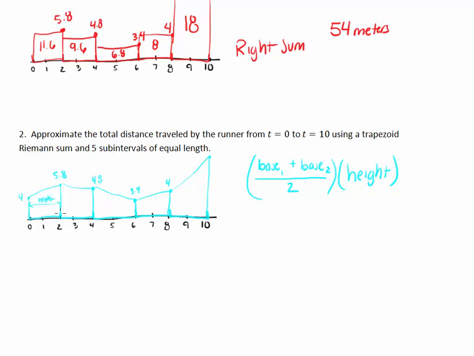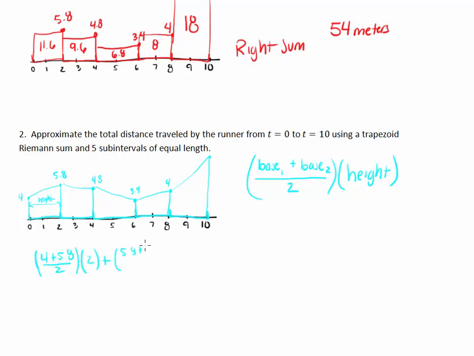So our height on all of these is going to be 2. Base 1, base 2, or vice versa, doesn't matter. These are our 2 bases. The bases are the parallel sides. So we're going to have 4 plus 5.8 divided by 2. So that's going to give me the average height, times 2, oh that's beautiful, those are going to cancel out,